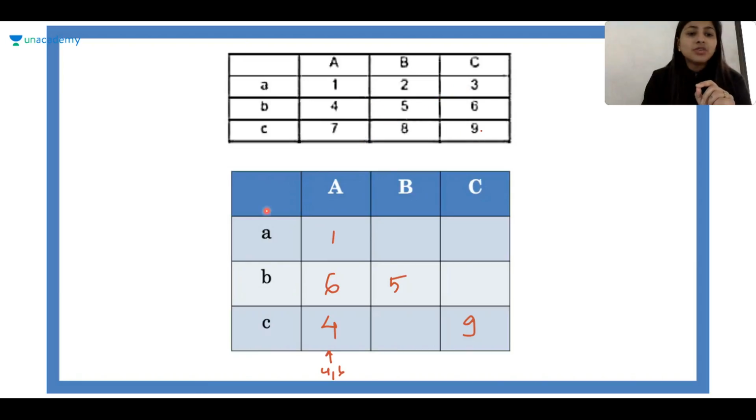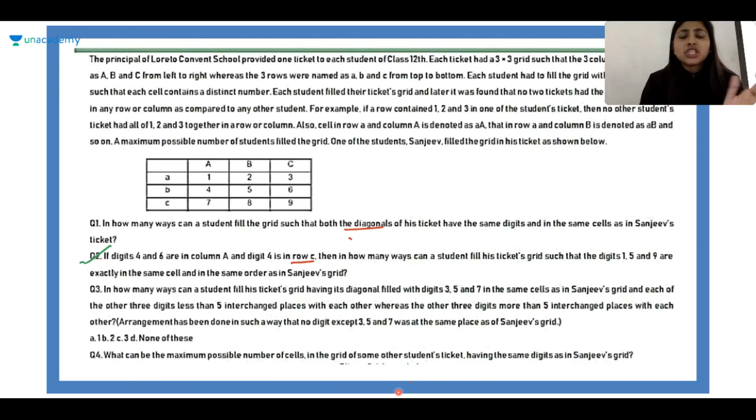So it's difficult to tell which topic it is from. That's why it's called an LR based DI. So it is a mixed type of data format where some information is provided through a small table. But for the solution, you cannot use a DI concept. You will have to use logical reasoning as well. So it's a mixture. Okay, that's why it's called LR based DI.